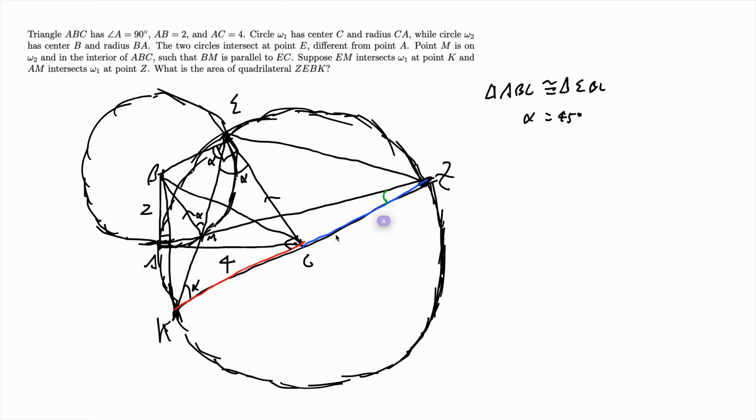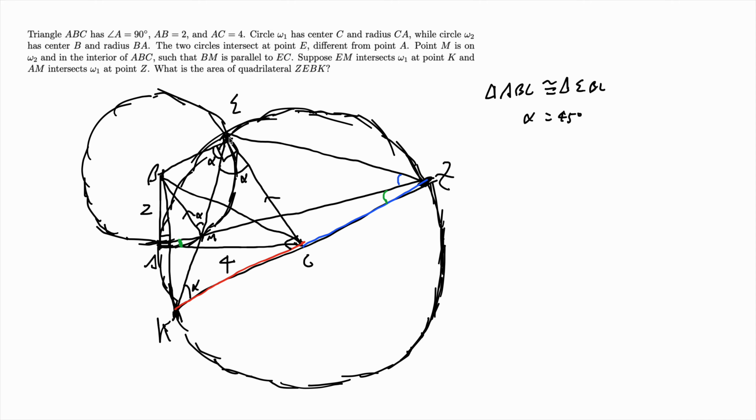Let's use triangle ACZ. If we use triangle ACZ, notice that we can use it because A, M, and Z are collinear by construction. So this is an isosceles triangle. So this angle and the angle formed by AZ or AM are equal to each other. Now let's look at this angle right here. If you look at this angle, this is actually the same as